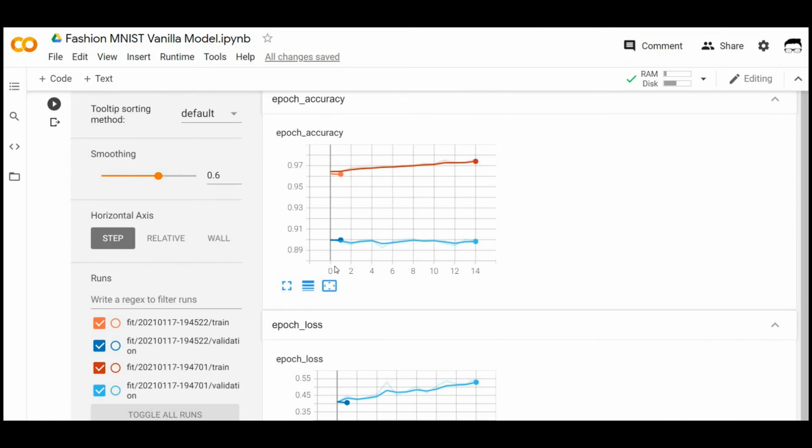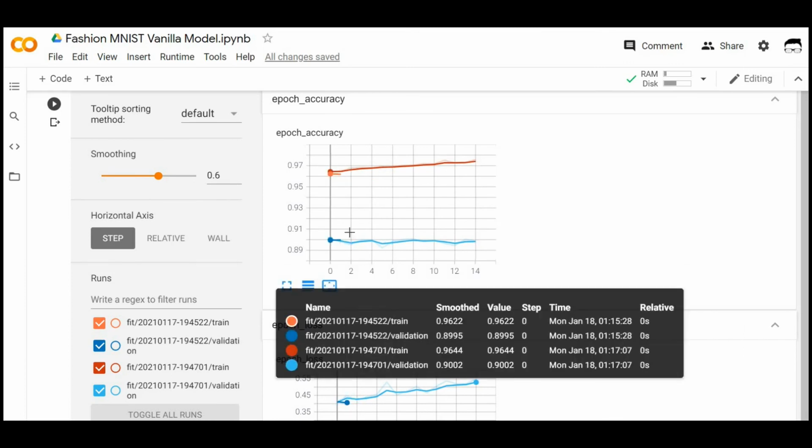On the x-axis you see epochs, and on the y-axis you see the accuracy value, or the loss value in the below graph. So this particular blue line represents the accuracy of our validation set starting from the 0th epoch to the 14th epoch.